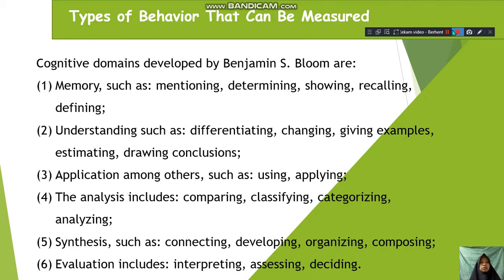Fourth, the analysis include comparing, classifying, categorizing, and analyzing. Fifth is synthesis, such as connecting, developing, organizing, composing. Sixth, evaluation includes interpreting, assessing, and deciding. Next,